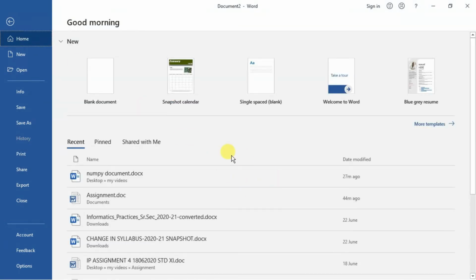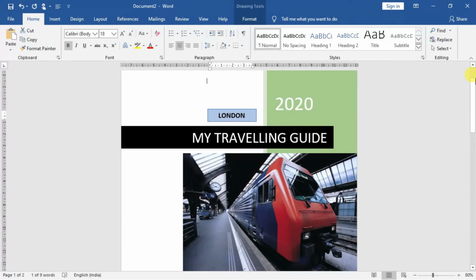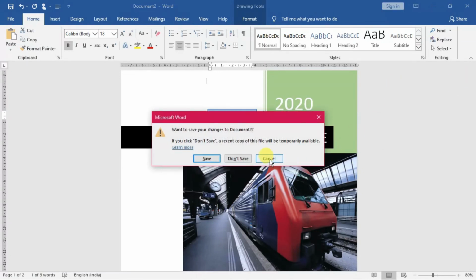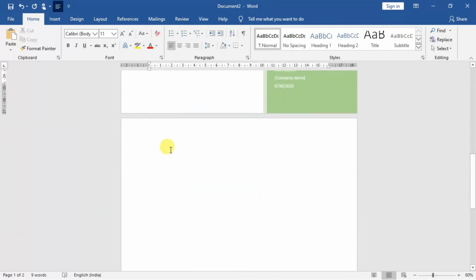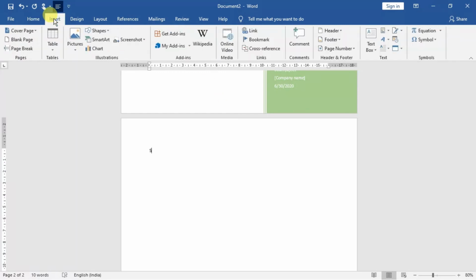The necessary changes can also be made out here. If you close it, this will appear fine and clear. So in this way you can create your cover page. Afterwards you can start typing from the next page as well. This is a very important option: Insert and then Cover Page.